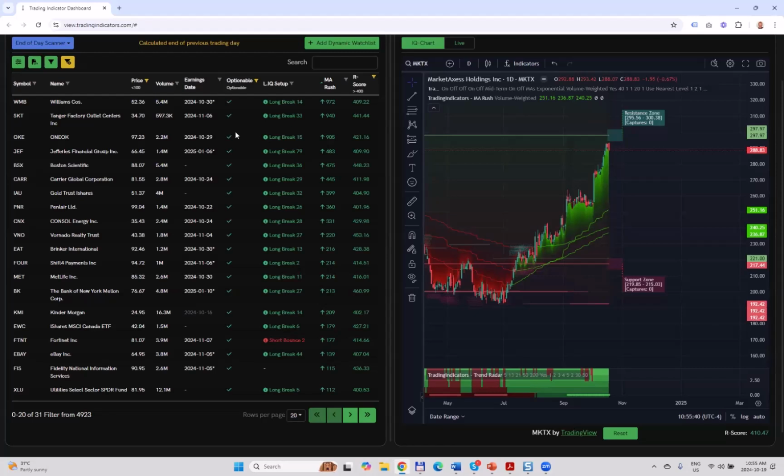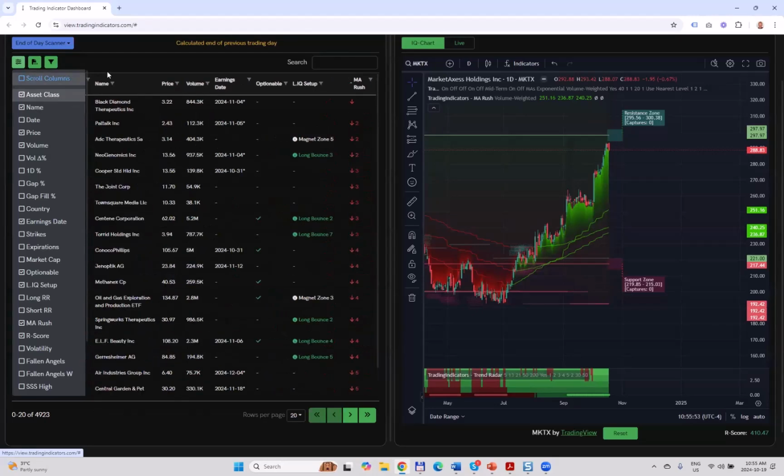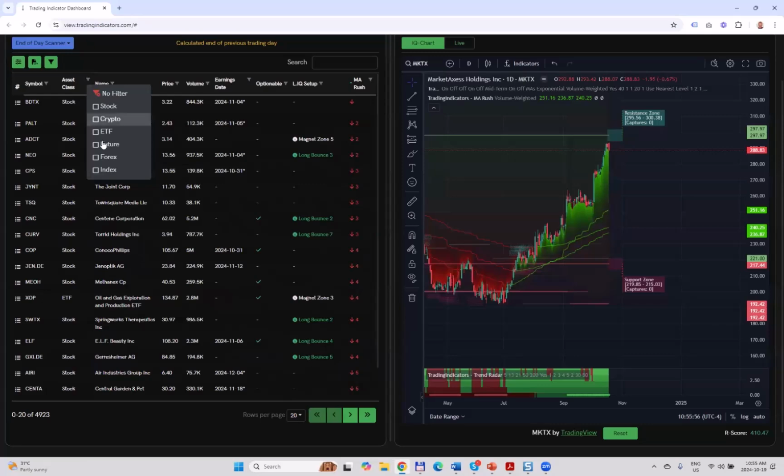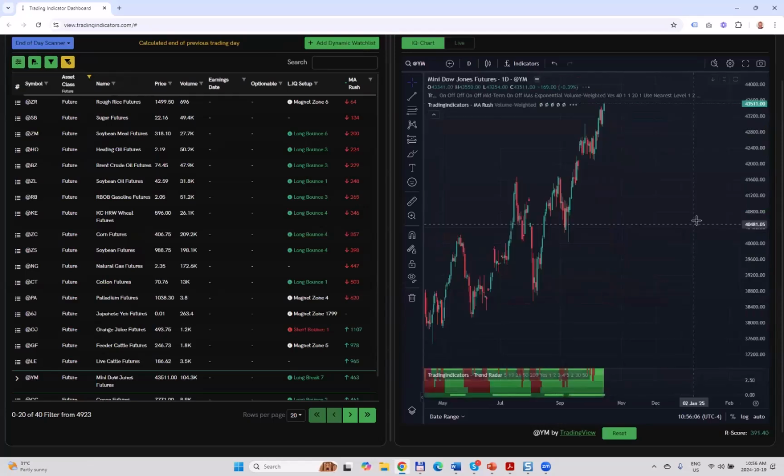Thanks, Daniel. Yes. And Lori wanted to know, can we also scan for futures on this dashboard? Yes, we can. They're included. Yeah, a handful. The majority of symbols are in the stocks and ETFs area. But as you can see here, if you select the futures space, we do have around 40 futures that you can scan for. Of course, we have the ES in here, the Dow Jones futures here, for example,